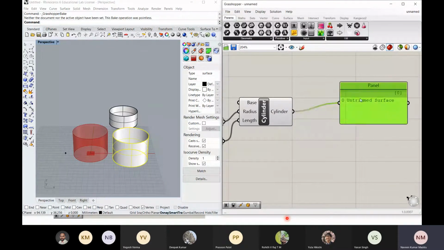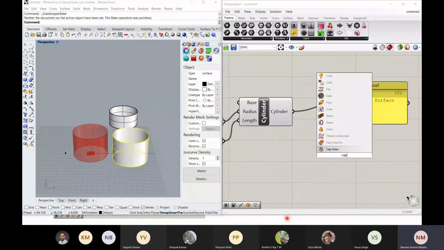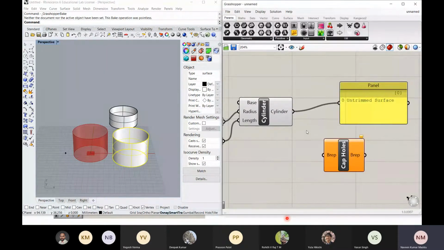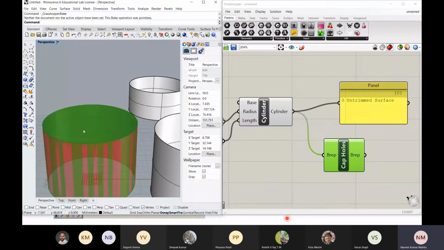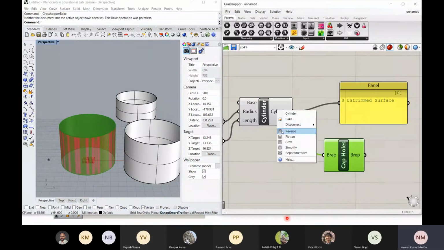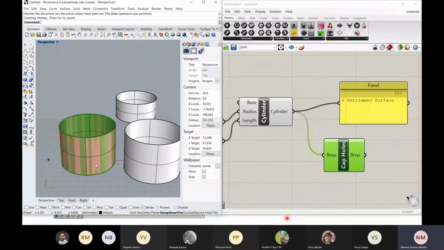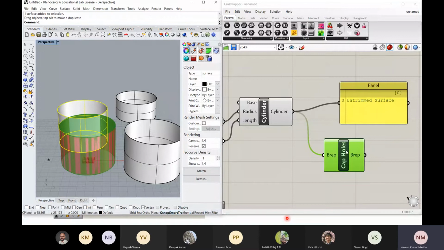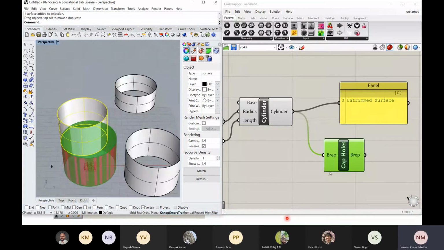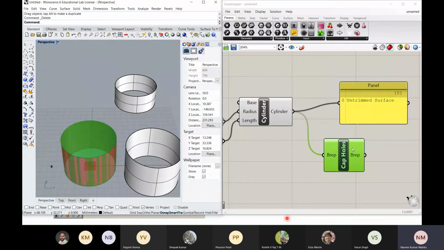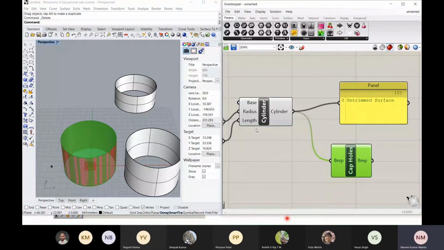If you want to make that, then you can use this cap command. Cap holes. Then you can send it to this, and you can see it is capped now. Can you see this? Yes. Now, will both sides be capped, or this one? You have to mention on which side you're trying to cap. So this is how you can make a solid also.